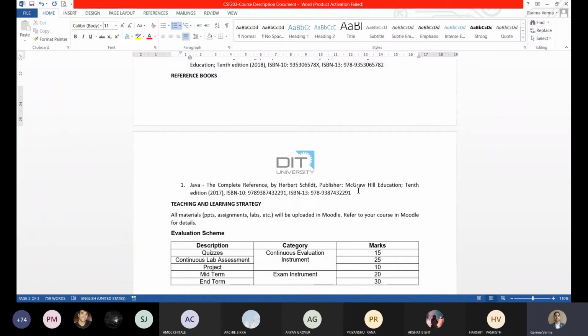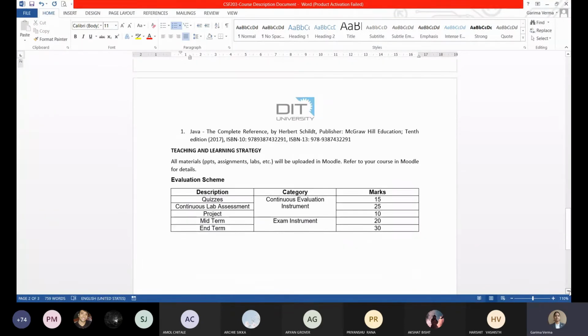Especially if you are starting with the core Java, then this is the best book. In fact, if you wish to have the JCP certification, first certification, then this is the perfect book to study with the core Java. Fine. So these 2 books are there in the book section. You can download it from there.